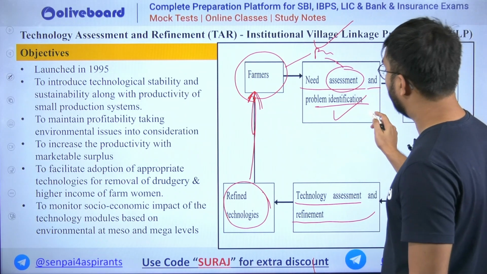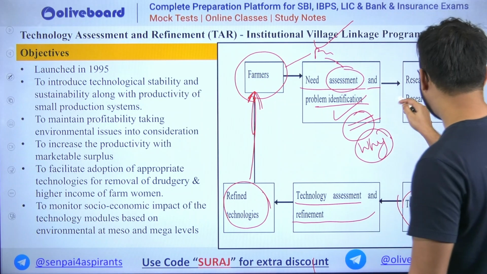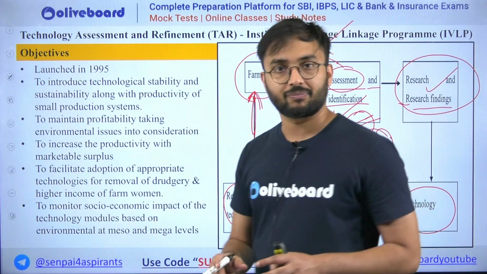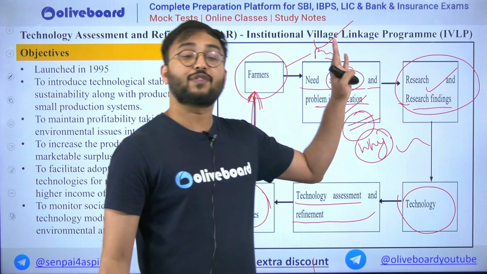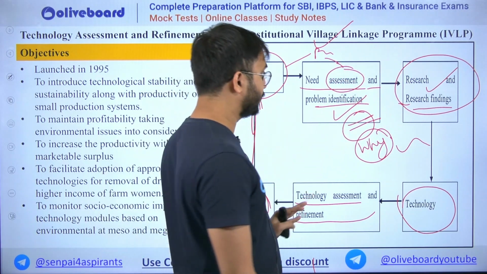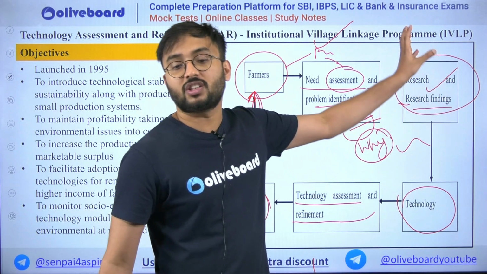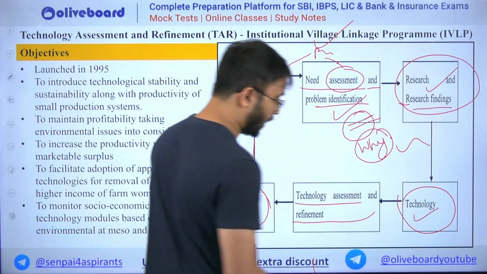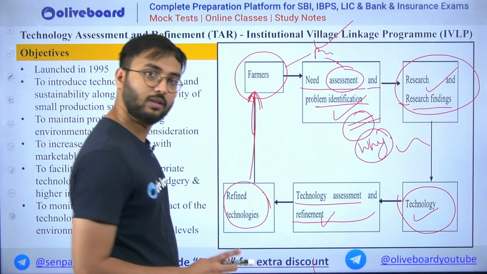Then identification is there. We have identified the problem, then we identify why that particular problem is there, and then we do research and find research findings. That means, for such a problem, what are the possible solutions? For that we do our research. After that research, we understand: this is our problem, this is the reason why these problems are there, and according to research, these are the possible solutions. Now according to these possible solutions, this is the particular technology, but this technology cannot be directly applied, so that is why we need to refine it. You get the point of what I'm saying?